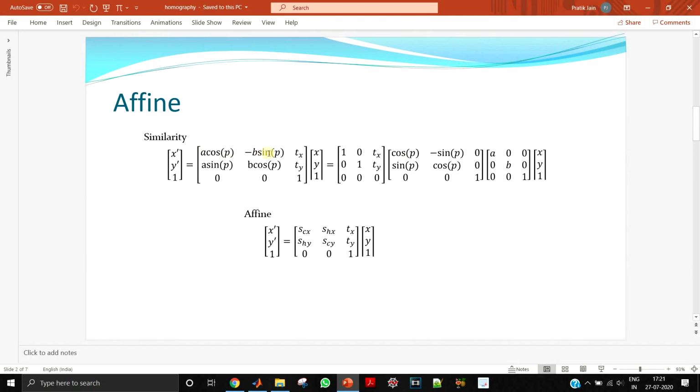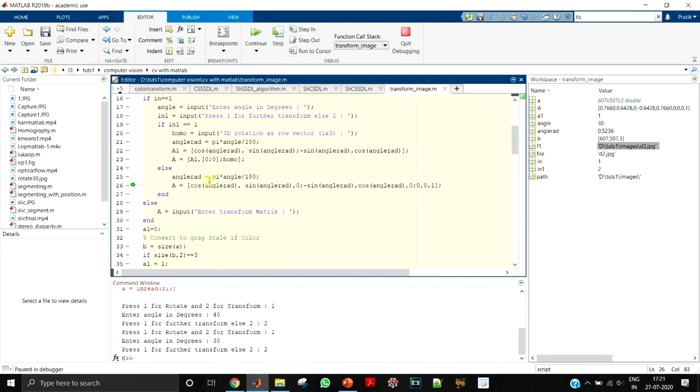So it is just cos p, sin p, cos p, these four. The same thing is written over here: cos angle in radian, sin angle in radian, then there is 0, so no translation, minus sine cos 0, no translation, and no 3D rotational parameters over here. Like this you can make the transformation matrix for the rotation case.